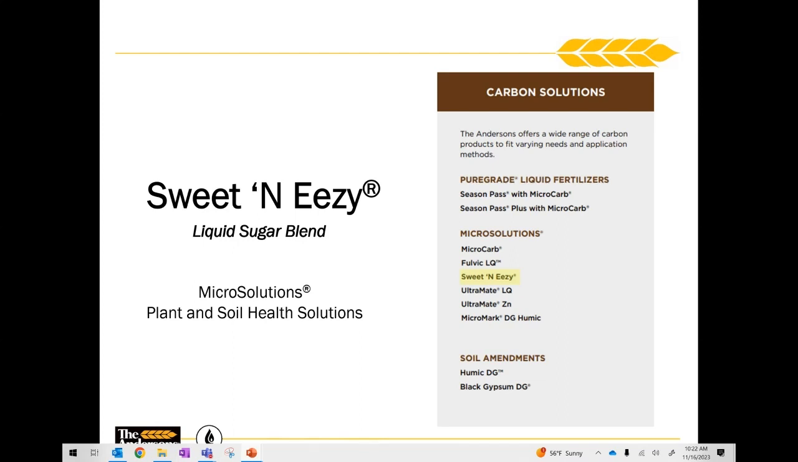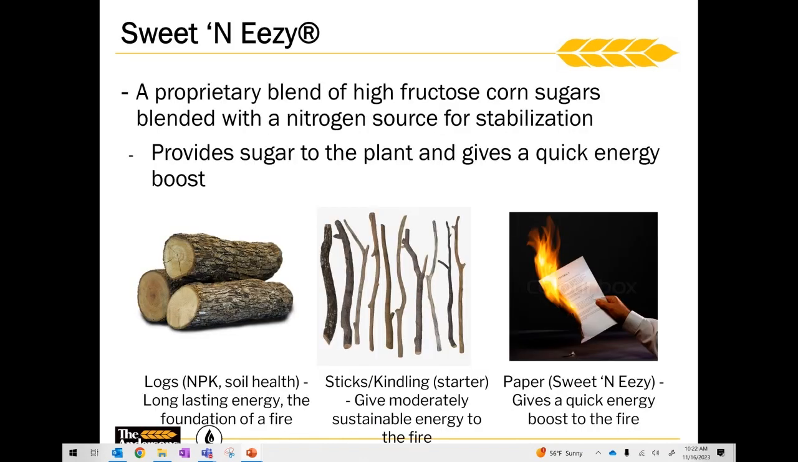Up next, we have our Sweet and Easy. This is going to be a sugar-based product. It is a blend of 3 different sugars with a nitrogen source for stabilization. Sweet and Easy is very user-friendly. It's a very clear product, very tank mix friendly compared to like a molasses or something, a lot easier to